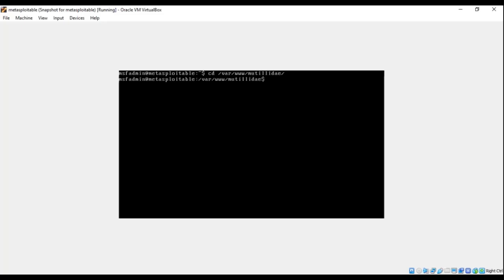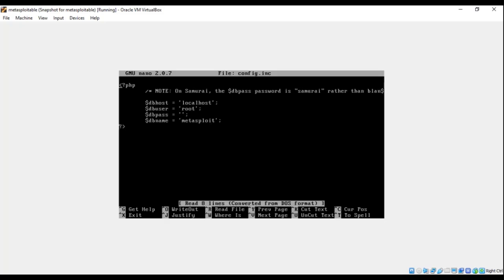Okay, and now let's edit a configuration file. So we use nano, a text editor, and then the config file. Okay, but before it add sudo, hit enter. Okay, now let's change this thing, which is the database name. So change the database name to OWASP 10. Now to save the file, use Ctrl X and press Y. Hit enter. Done. Now let's switch back to Kali